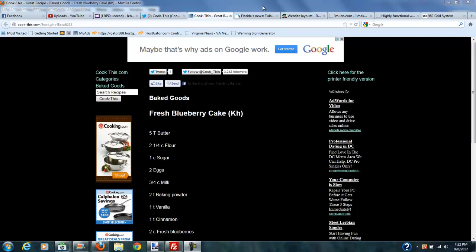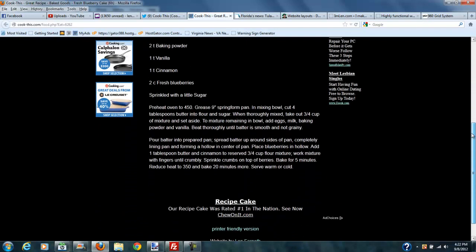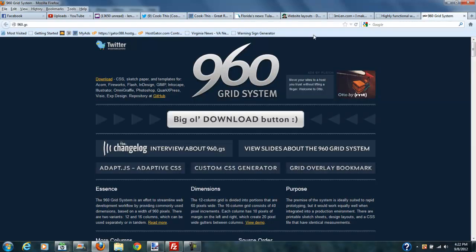But I kind of focus a little bit more on the code and try and stay out of the style sheet business. Although various style sheets are needed because your website could probably have a whole bunch of different styles. So the first thing that I want to talk about right now is a style sheet called the 960 grid system. I'm going to go to their website, and it's